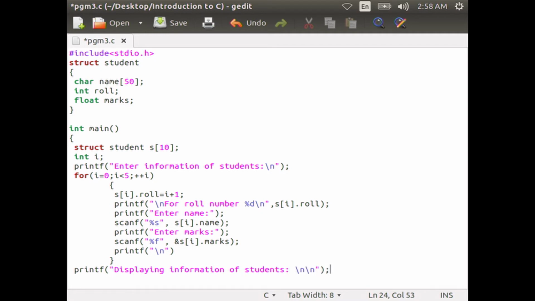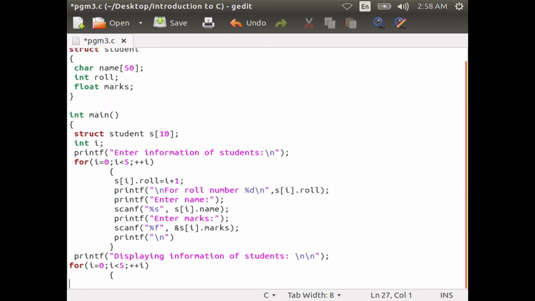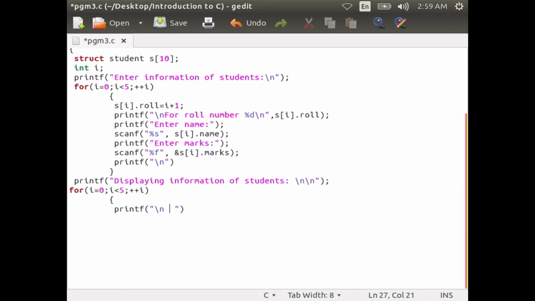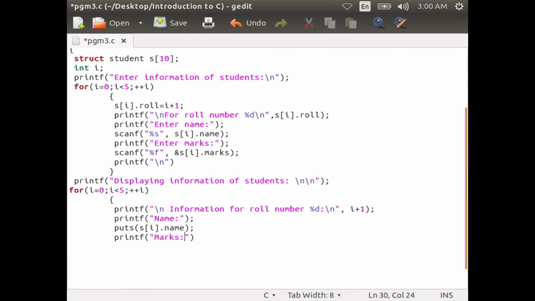For i equal to 0, i less than 5, ++i, then within curly braces printf "information for roll number %d" comma i plus 1, printf name, puts s of i dot name, printf marks %.1f comma s of i dot marks, then close the curly brace, return 0, then close the final curly brace.